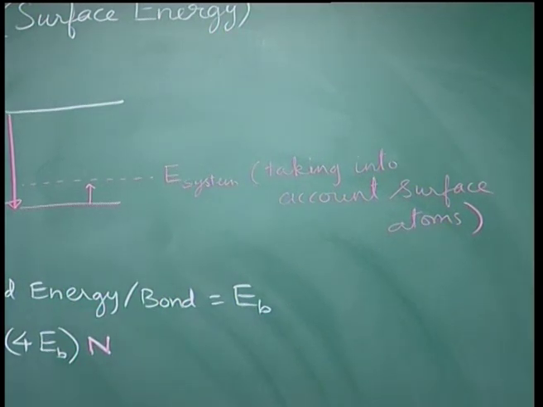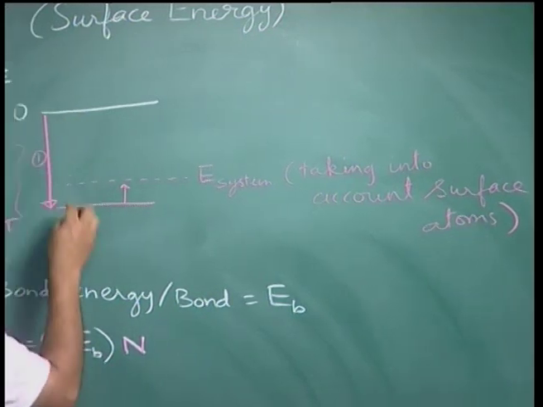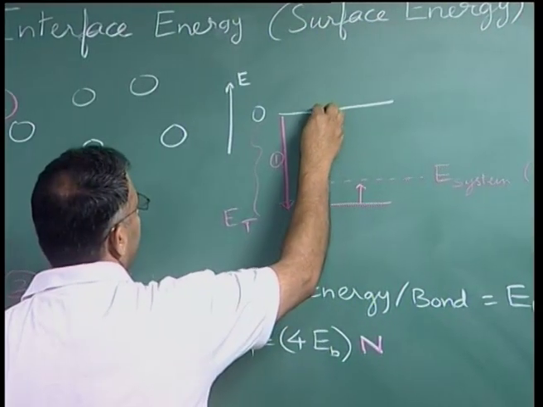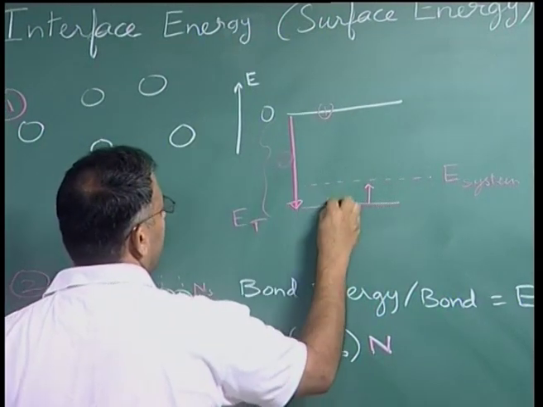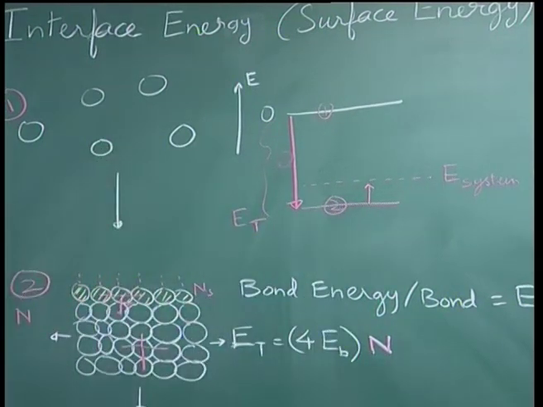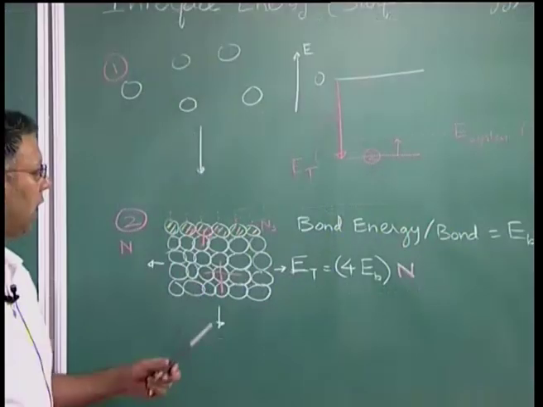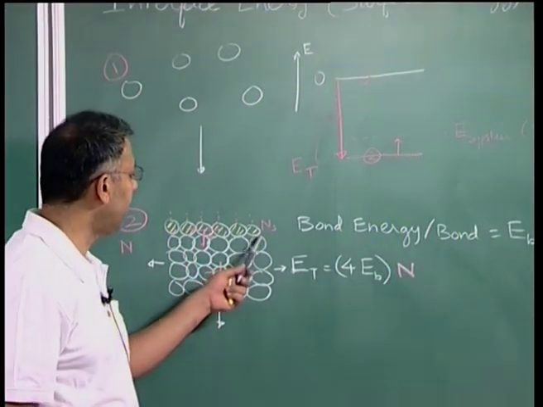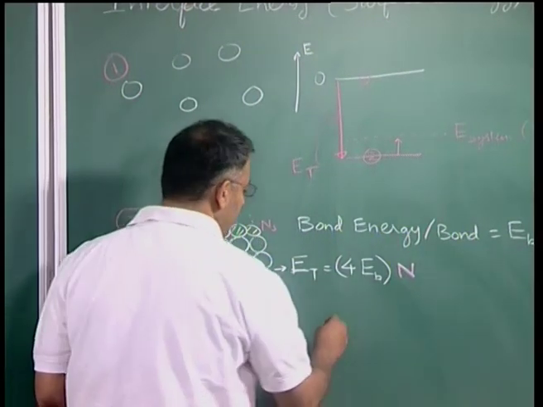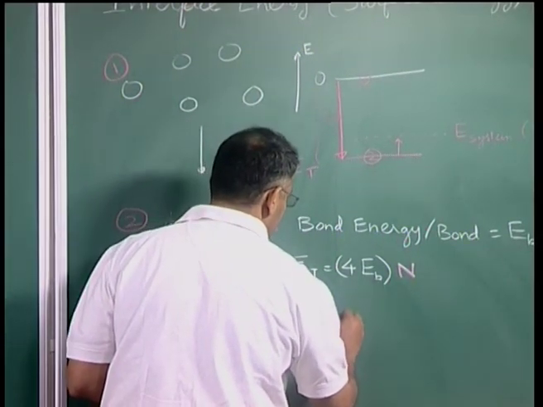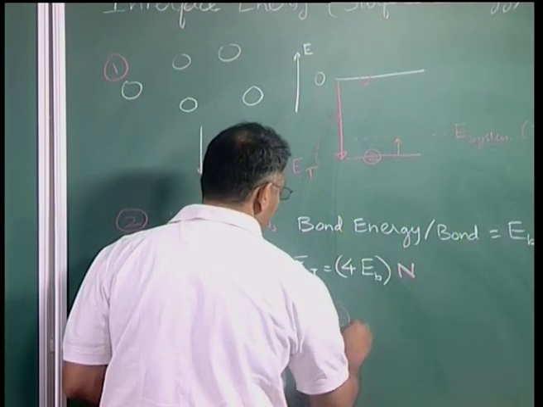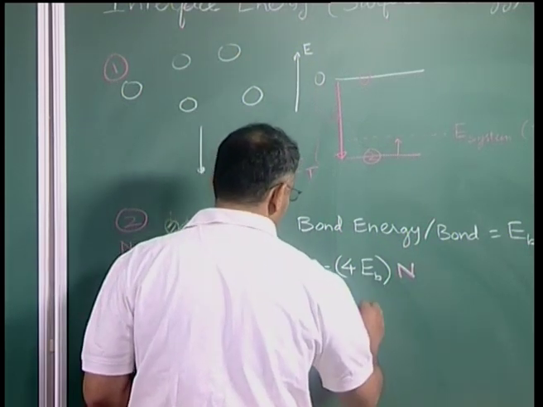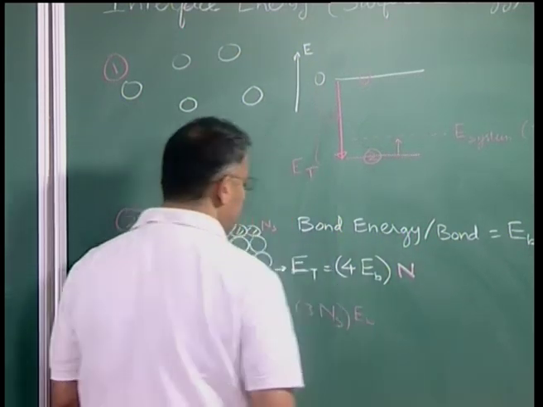So, this will be step 3. In step 3, I am correcting. So, this is my step 1 here, my step 1 of course, I start with here. The step 2 is my crystalline state, wherein I did an overcounting of the bonds, and to correct for the fact that there are some surface atoms, and therefore, I have to correct for the fact that these surface atoms Ns are actually bonded only to 3 other neighbors, and of course, I have to account for the fact that there is a bond energy per bond of Eb,